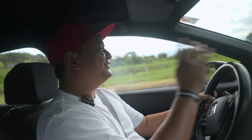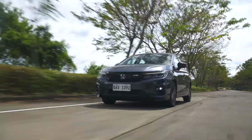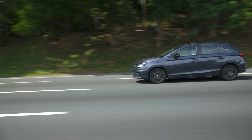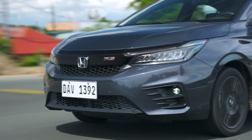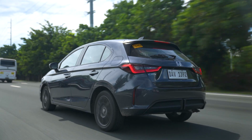All right, so if you count the power-to-weight ratio, having no turbocharger is actually no big deal because, again, you don't need that much power to pull a car like this one, which is pretty light. So it has 120 horsepower and 145 newton meters of torque. It's got Eco mode, you can go to S mode, and it's got paddle shifters,